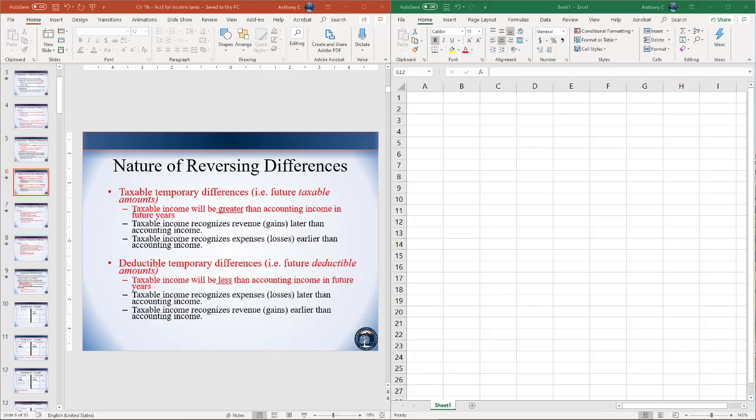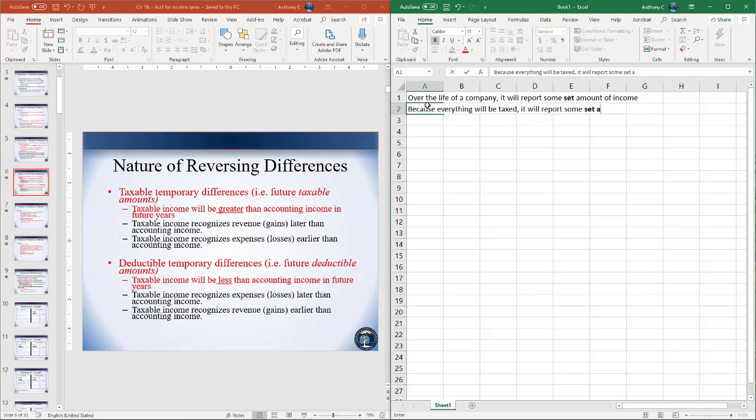We mentioned that over the life of the company, it's going to report some set amount of income. That also means because everything's going to be taxed at some point, it will ultimately end up reporting some set amount of taxes. So really, a temporary difference, if it causes greater taxable income now, it'll cause less taxable income in the future. Similarly, if a temporary difference causes less taxable income now, that means it'll have more taxable income in the future. So just to summarize that,